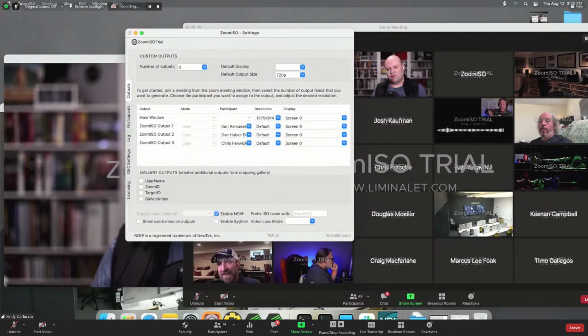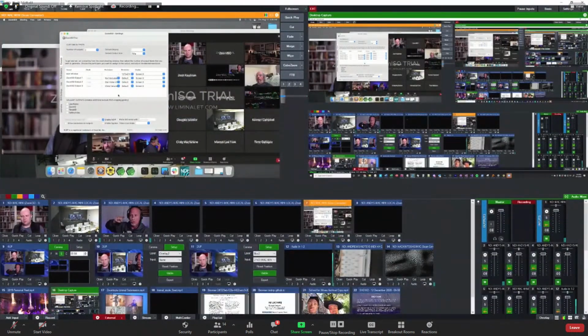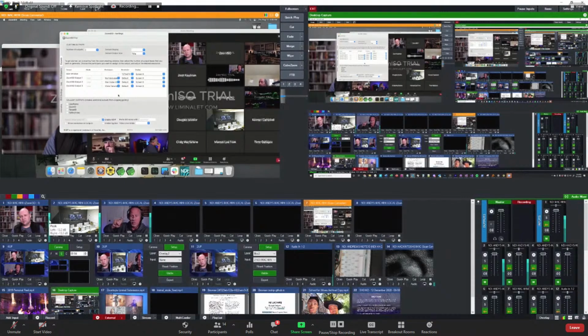There's Chris. So now back on the vMix side, you can see that I have the same audio on all of these. And what's cool about it, and it's hard for me to show you this, is that if I were to quickly cut between these sources, you wouldn't notice from an audio perspective, if AFV is on, that there's a difference in the delay. It's super tight, even while it's muxed audio.